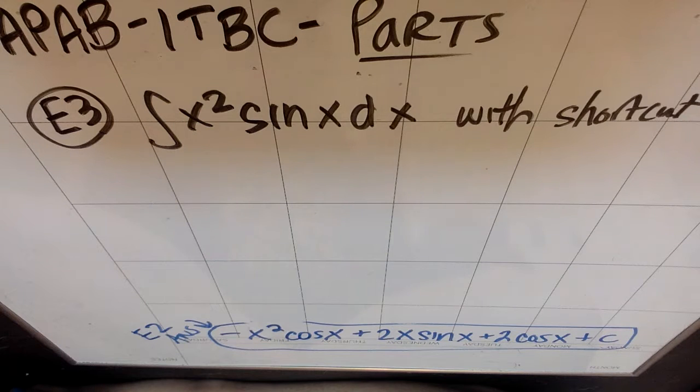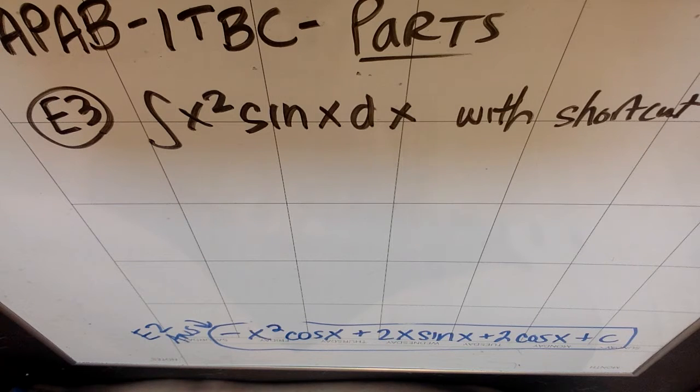So there's a cool shortcut to parts if you have a u that is going to derive away to 0, which not every function does, right? For instance, e to the x is going to keep deriving to e to the x. It'll never derive to 0. Sine and cosine, they just keep looping, right? All the other trig functions, they don't derive to 0, right? Because the derivative of tangent is secant squared, and then the derivative of secant squared is going to be a real